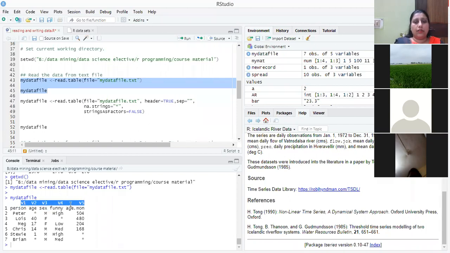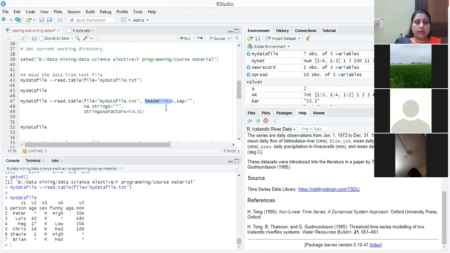V1, V2, V3, V4, V5 are the new headers created by default. Because I just gave the file name, I have not included any other information. In NA values, asterisks are present, but it will consider my entries as the first row, since header is false by default. So what we need to do is write header equals TRUE.